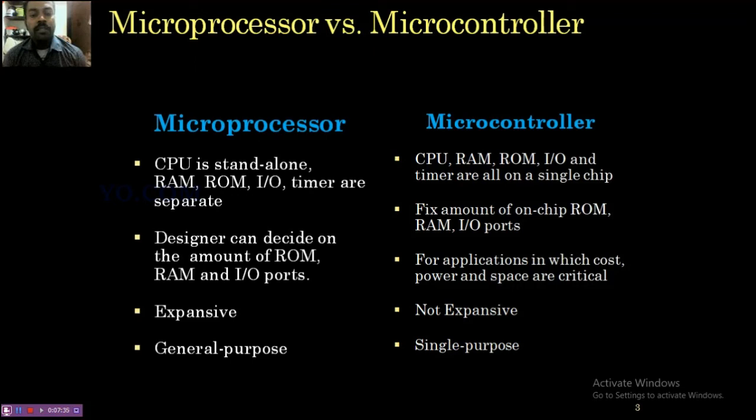The microprocessor or the computer is mainly used for general purpose. The computer can be used as a printer to print the data. The computer is used as the ATM machine. In your ATM machine the screen is a computer monitor, and in the background they have the CPU. So a microprocessor or computer can be used for any purpose, but a microcontroller is decided for a single purpose. It is dedicated for a single purpose. That is the important thing: the microcontroller is mainly dedicated for a single purpose.